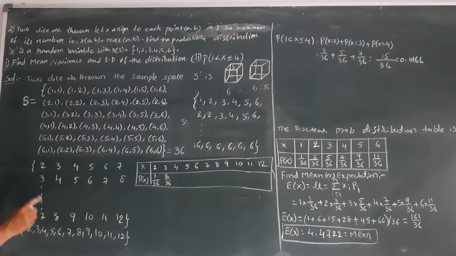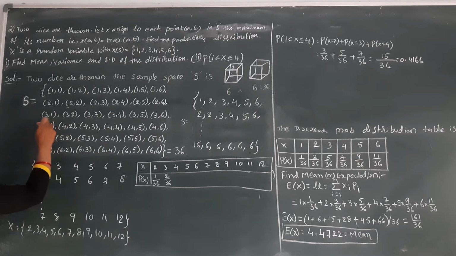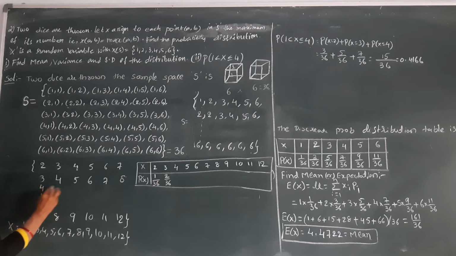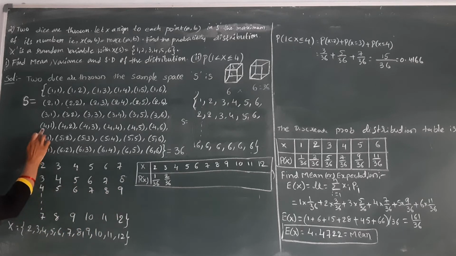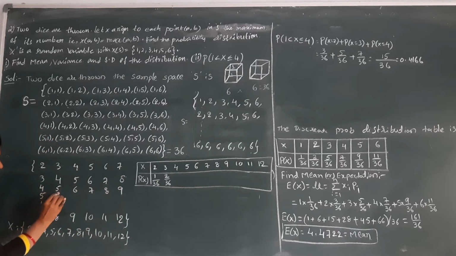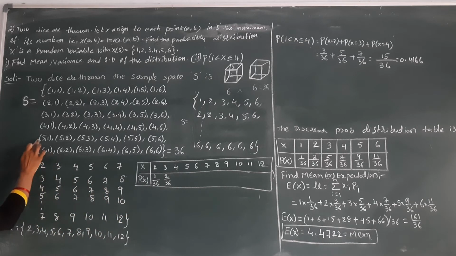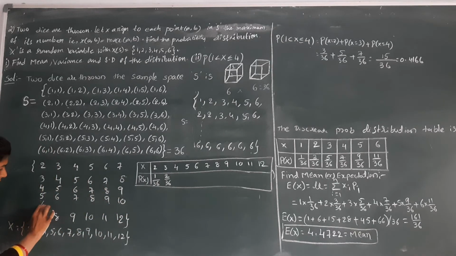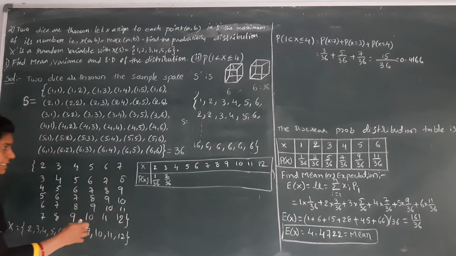Where you get 4, the total addition of the 2 faces on the dice values, you get 4. So 1, 2. Next, if you go for the next one, 3 plus 1 is nothing but 4. 4, 5, 6, 7, 8, 9. Next, 4 plus 1 is nothing but here 5, 6, 7, 8, 9, 10. Next, 5 plus 1 is nothing but 6, 7, 8, 9, 10. This is the total sample space.